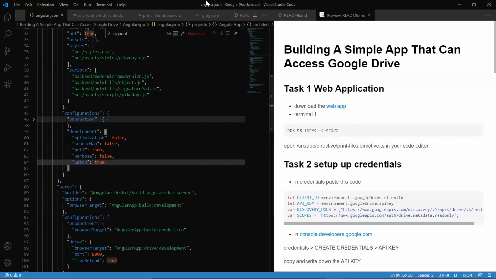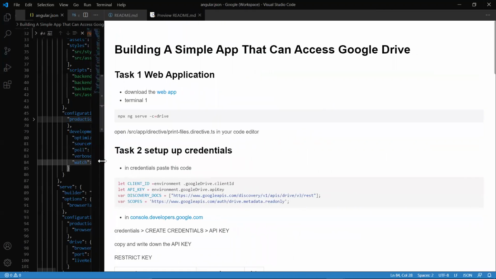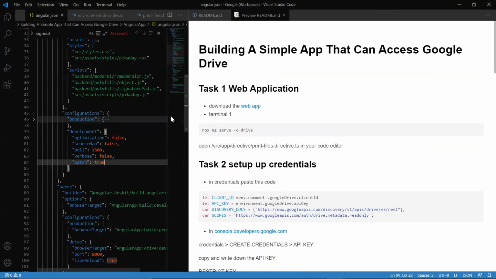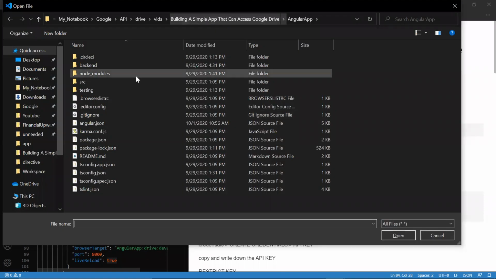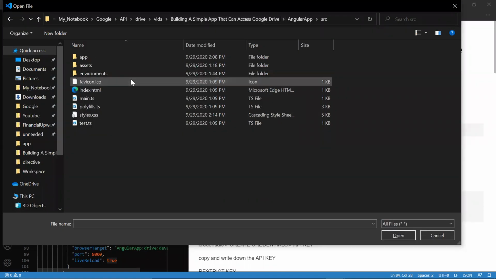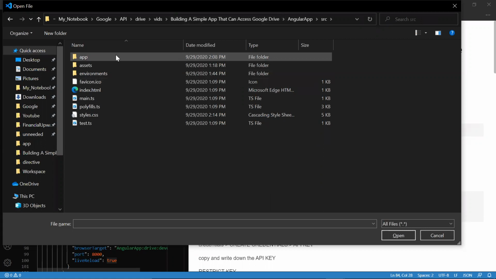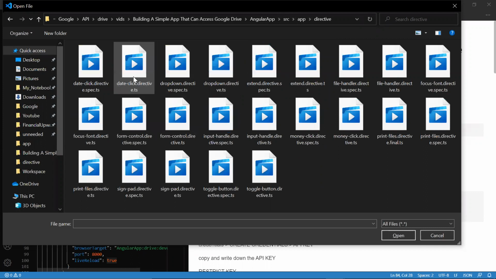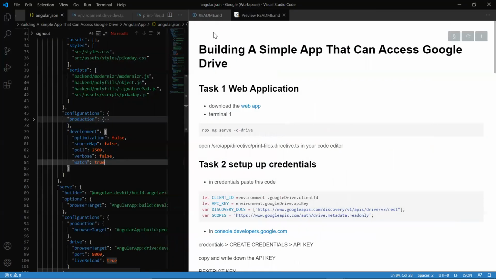And now we want to go ahead and set up this application. So what we're going to do is go over to the source, in our Angular application, then over to app, and then we want to head over to our directives and take a look at the print files directive. We go ahead and open it like so,